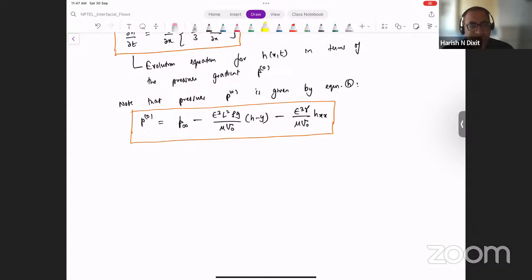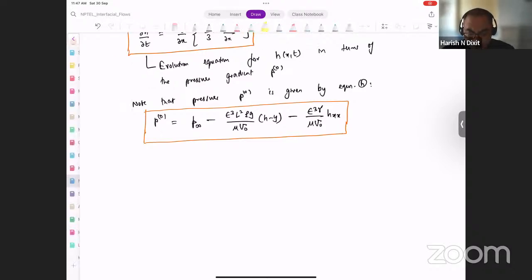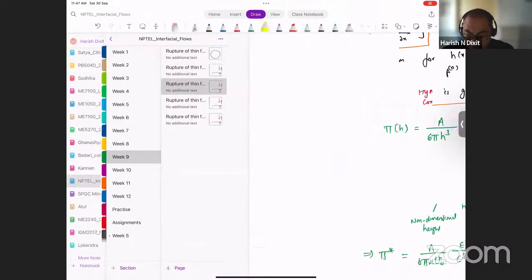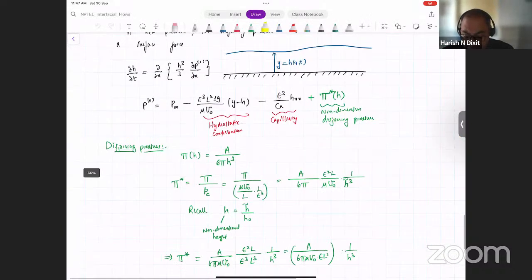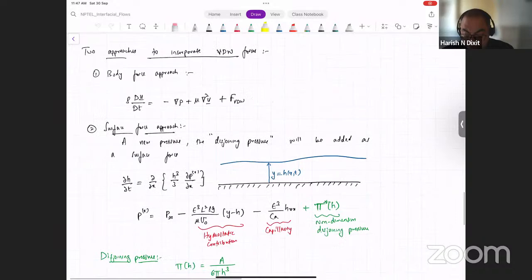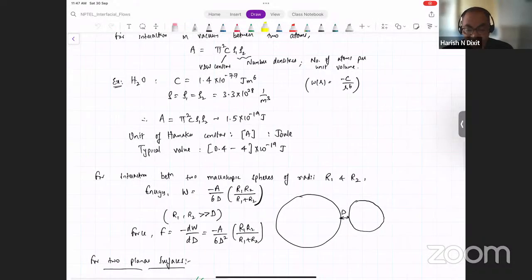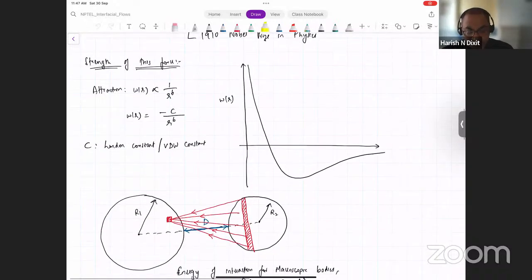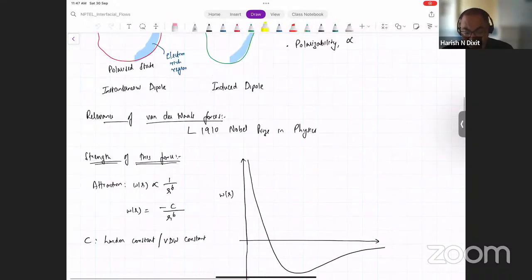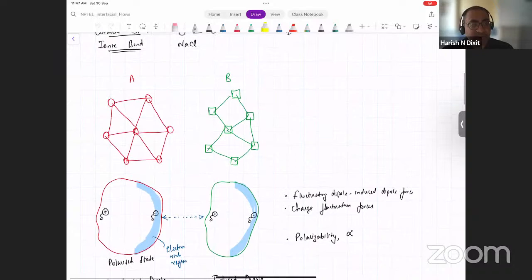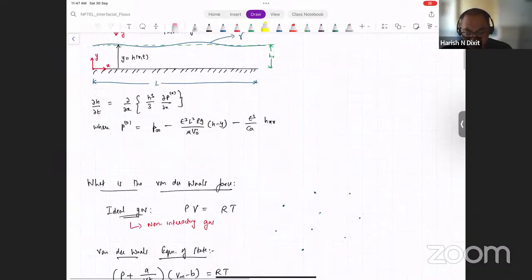So any questions? Okay. So finally we get the equation for P naught, and after that we can now take the expression for disjoining pressure. A brief discussion of where disjoining pressure comes from: this is basically van der Waals forces, and these are intermolecular forces, but the challenge is to incorporate these intermolecular forces